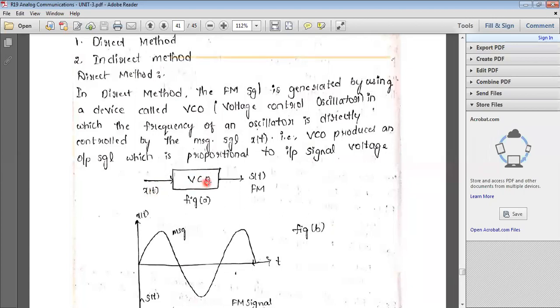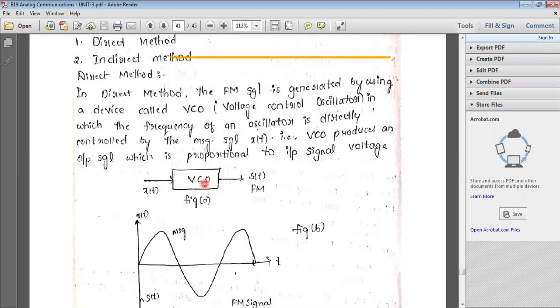So totally the VCO internally has a tuned circuit. What is meant by tuned circuit? It is a parallel combination of inductor and capacitor. Already you know tuned circuit or tank circuit. What is the tank circuit's purpose? Already in ADC I think you studied oscillator circuits, Hartley oscillator, Colpitts oscillator. In both oscillators, you have a tank circuit, a parallel combination of inductors and capacitors. According to the values of inductor and capacitor, we generate the frequency.